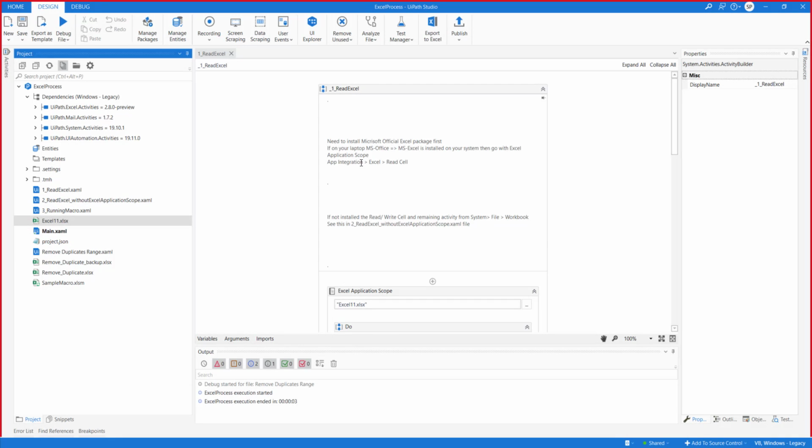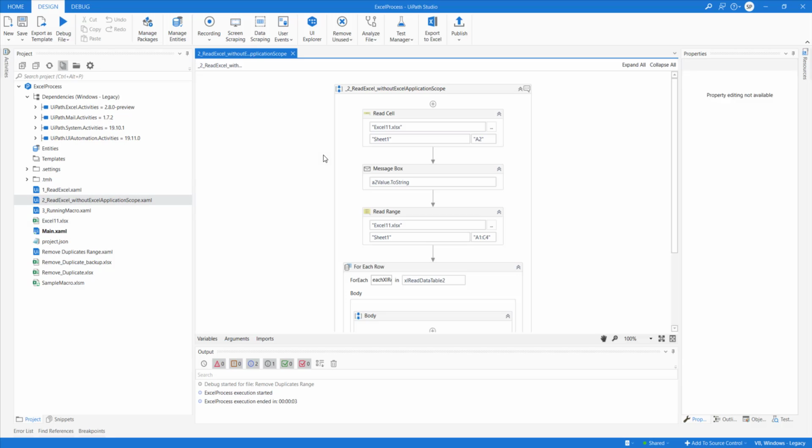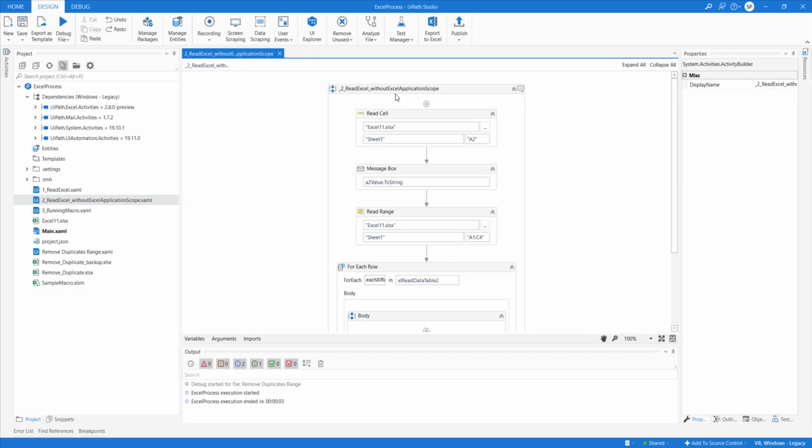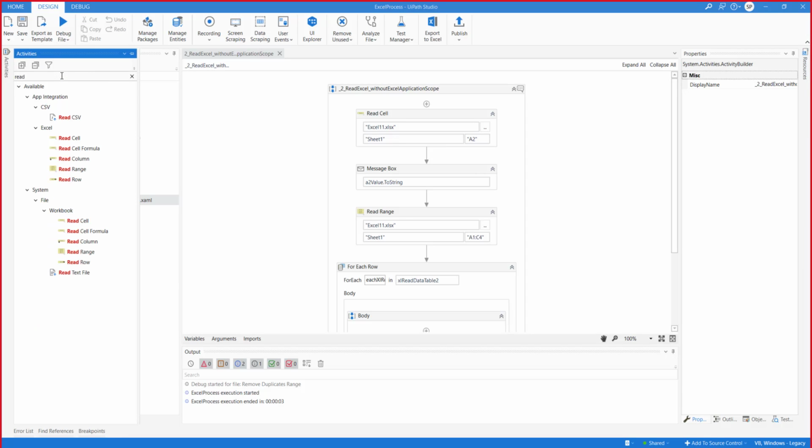Okay. Now first let's discuss how we can read the data without the Excel application scope. Reading the data without using the Excel application scope is pretty simple. All you need to do is use the read activity from the workbook, not from Excel.